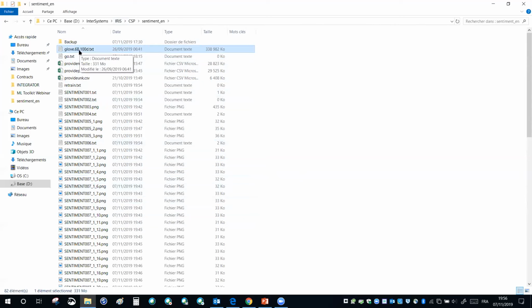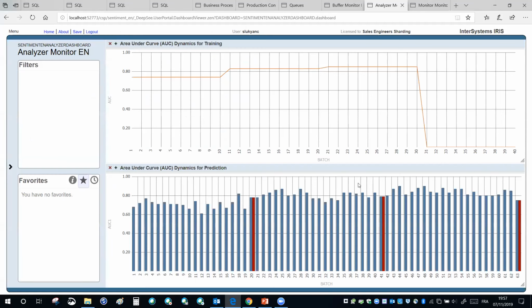As far as my information goes, they have embedded some huge chunk of Wikipedia text in here. So this is supposed to be enough to cope with the vectorization of English language tweets for the purposes of this demo. Oh, this guy's doing all right. 40, yeah, you see it's growing. 41, now it's 63. So it's been running without training for 22 batches already. Initially it was 19, then 20, then 22. So it's going well. Any other questions?